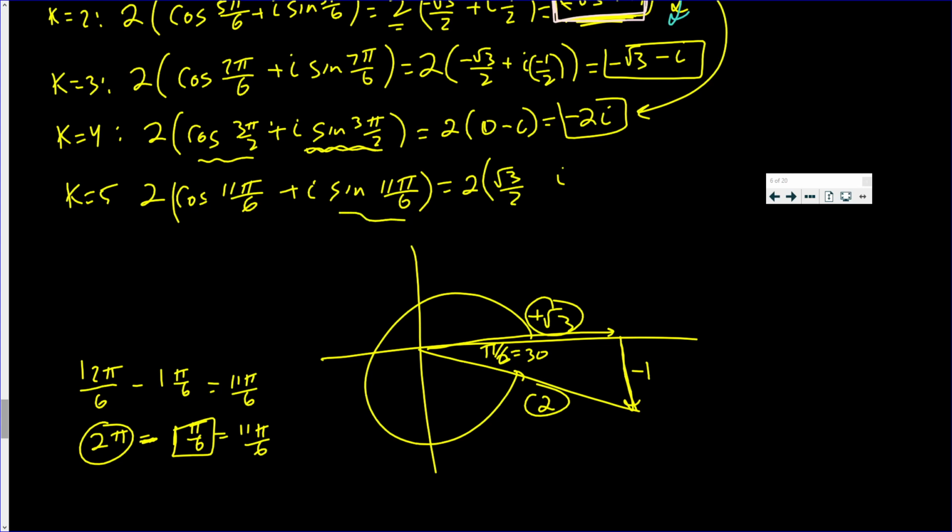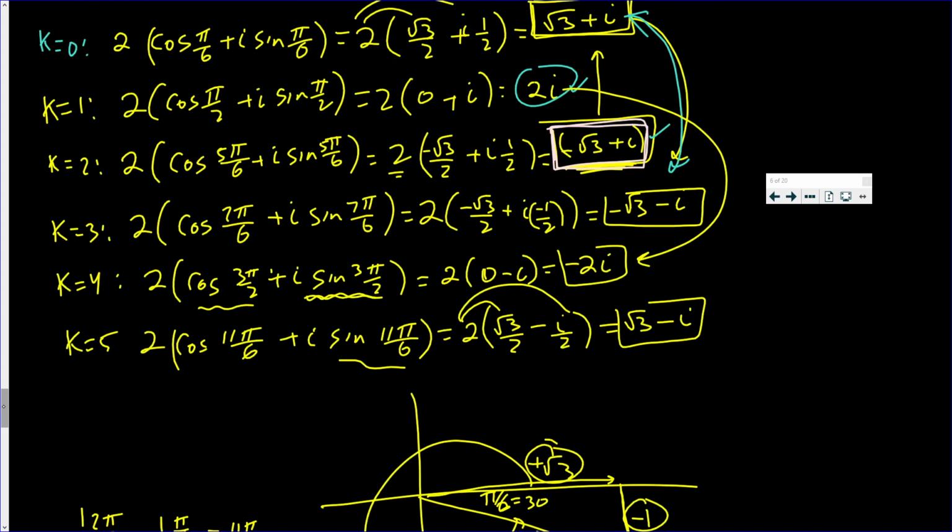The sine of this angle is, yep, negative 1/2. So you have negative I over 2. When you distribute, you get square root of 3 minus I, which is exactly what I said we'll get. We'll get the negative of that. And that's going to happen a lot when you have